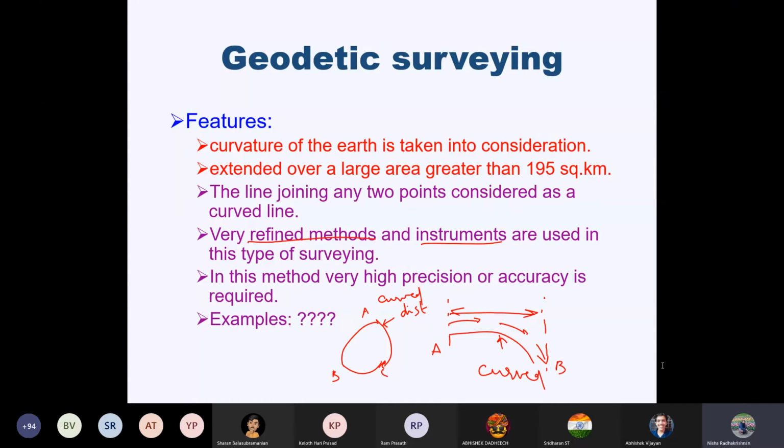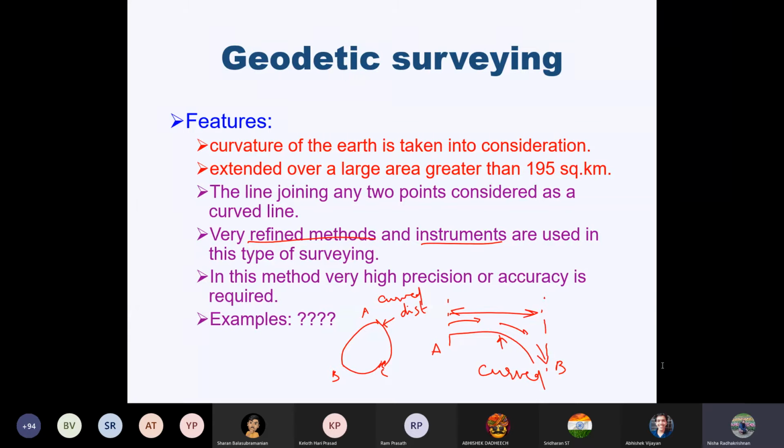Then in your next semester, I guess the 6th semester, there are 2 electives offered to you. One is advanced surveying and the other is remote sensing and GIS, which is again an extension of this geodetic surveying course. In advanced surveying, you will have exposure to all the other advanced electronic equipment used in the field. Remote sensing and GIS covers satellite imagery and how it can be used for application studies. These are the 2 electives that should be offered next year.